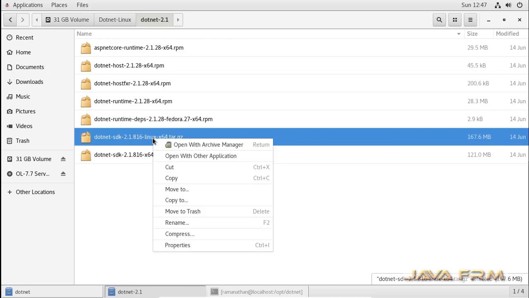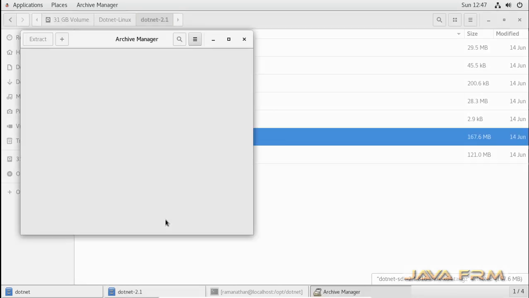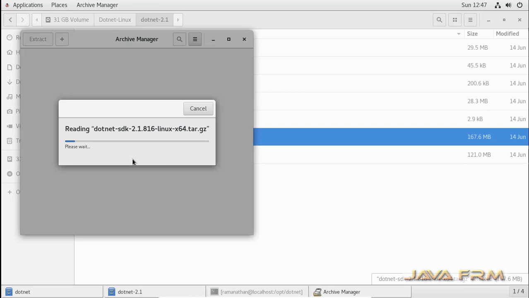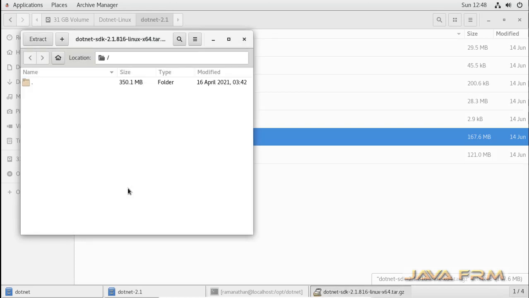Okay, now let me extract this .NET Core 2.1 tar.gzip file. I am going to extract it to the /opt/dotnet directory.